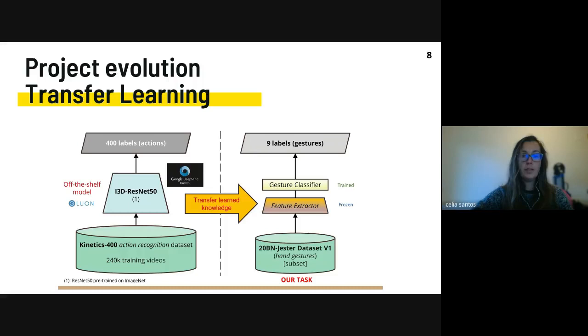Well, since we didn't find any pre-trained model on gestures data for extracting features, we used a model pre-trained on the Kinetics dataset, which is a large action recognition dataset, including human-to-human